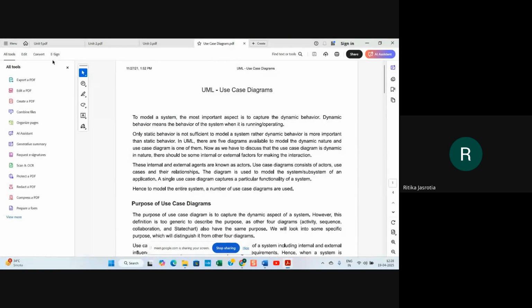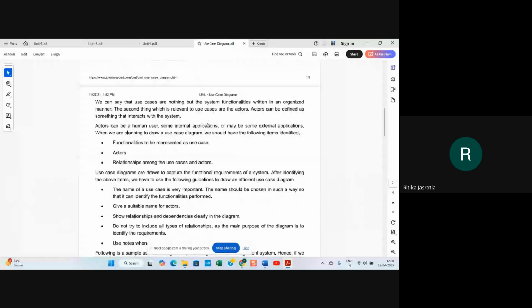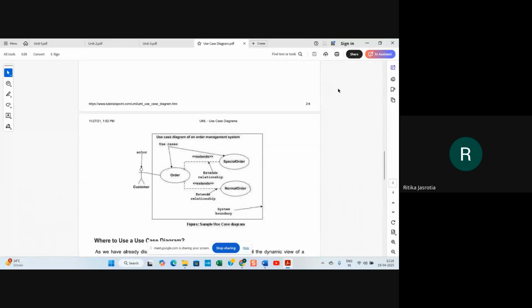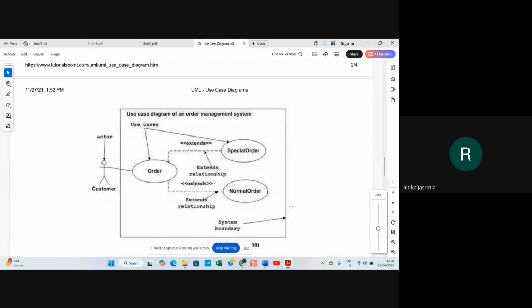So let us see how the use case is designed. Here, this is a use case diagram of an order management system. This is your system. You have the order use case, special order, and normal order, the one which we had seen earlier.